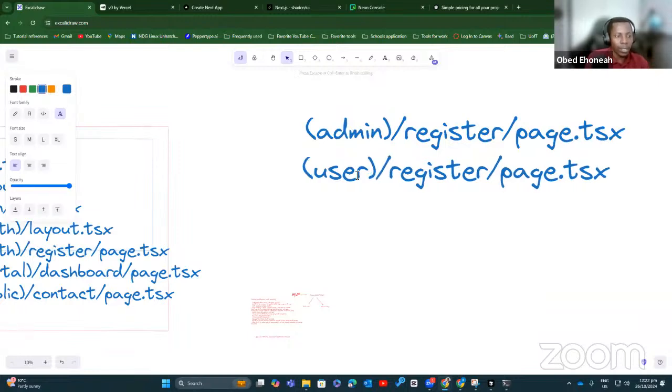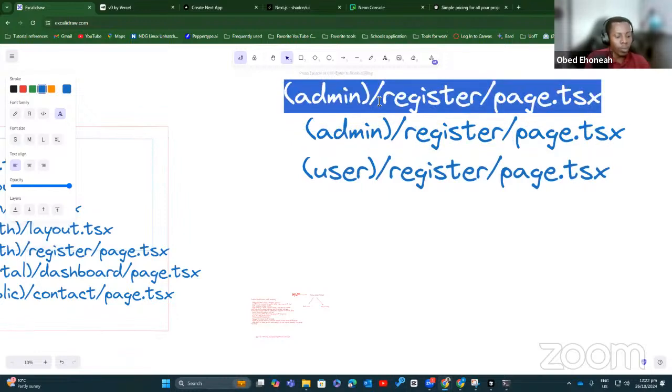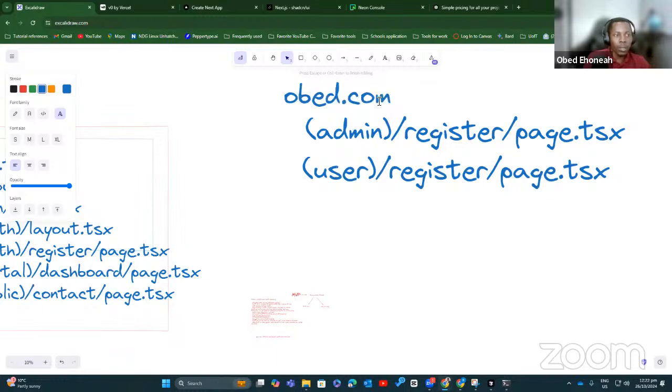I don't know if you guys understand. Let's assume my domain is obed.com. What is happening is that both of these pages are fighting for /register, because it ignores the part in parentheses. So at obed.com/register, Next.js becomes confused about which route to serve.